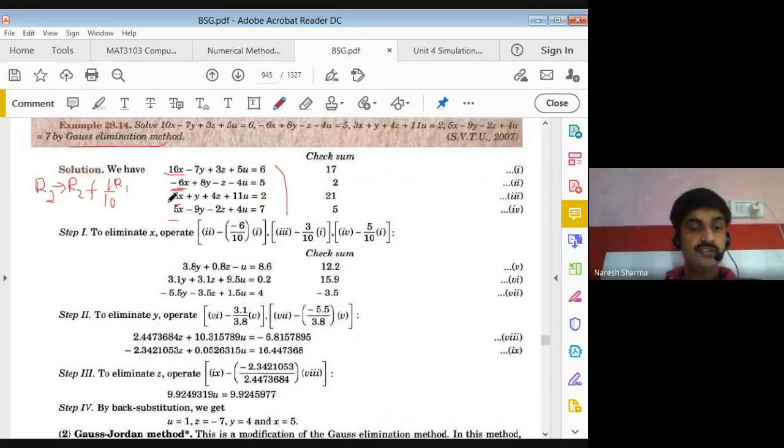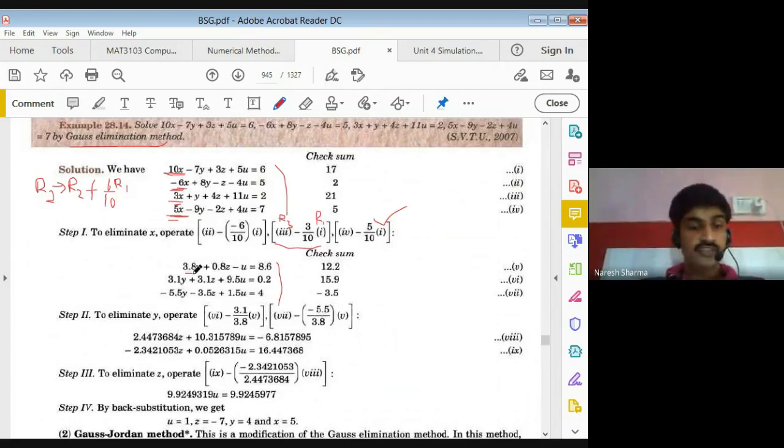So similarly for this you can write R3 minus 3 by 10 applied on row 1. This is like your row 1. The same row operation applies on this 5. So you divide this by 10, that becomes 1, and multiply this by minus 5. So that's minus 5 by 10. Hope this is clear to you. So now after doing this row operation, you get this system of equations.